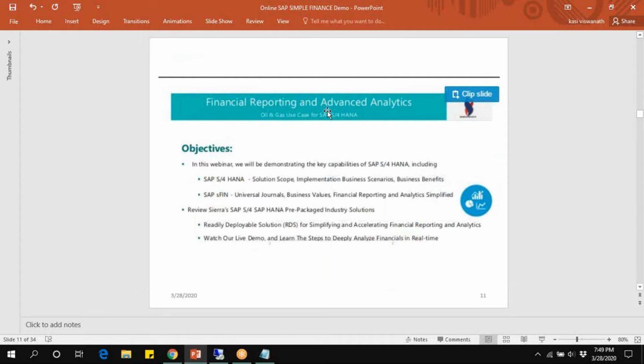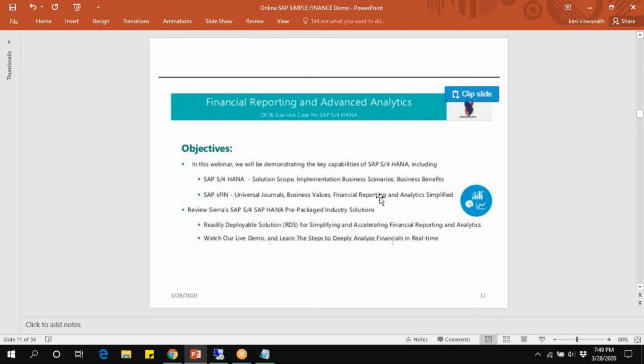And financial reporting and advanced analysis. While presenting the principles, the key capabilities S4 HANA includes are solution scope, implementation business scenario, and business benefits. In HANA Finance or Simple Finance, there is the integrity of universal journal, business values, and financial reporting and analysis simplified.